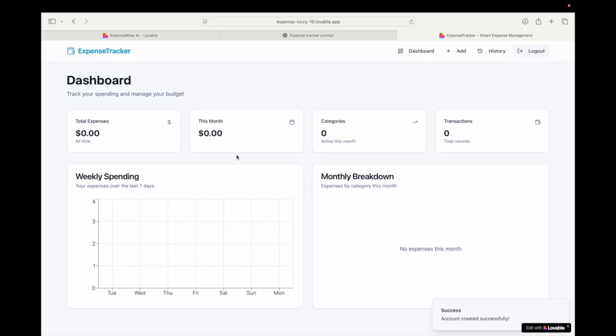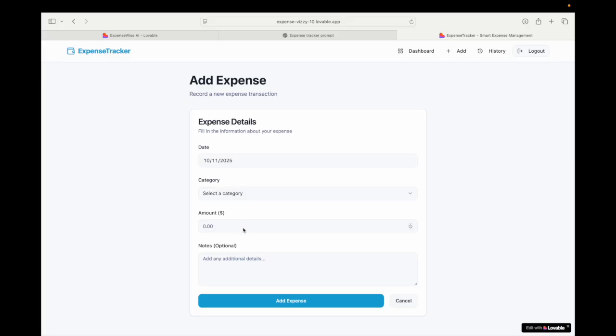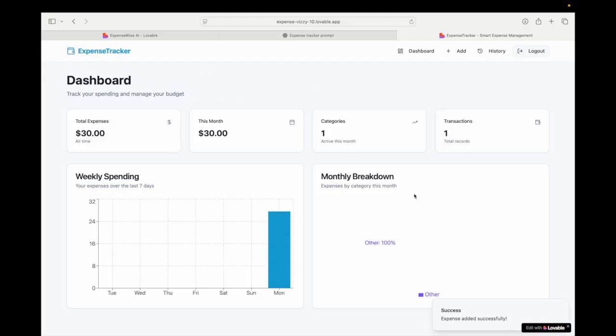So you can see that a website is created. Isn't it mind blowing? You can see history from here. We can log out from here. We can add our expenses here by the date, travel, food. It has created the categories and other as well. You can enter the amount. Okay, maybe I have done some spending here, for food and expenses. You can see that the weekly chart is also created and how beautiful it is. So I think you are ready to create your first website,